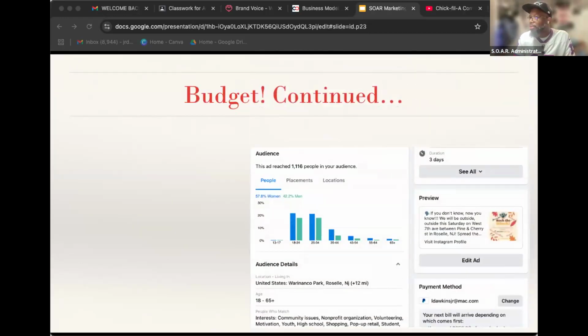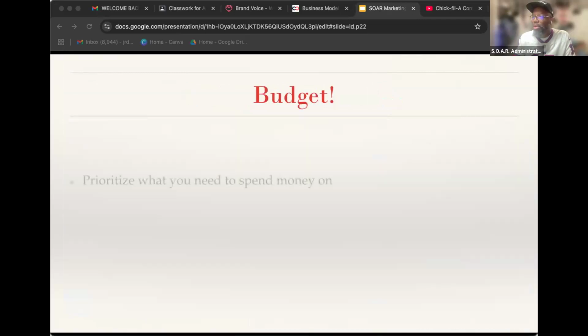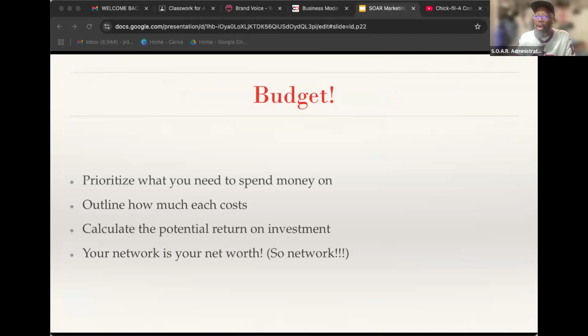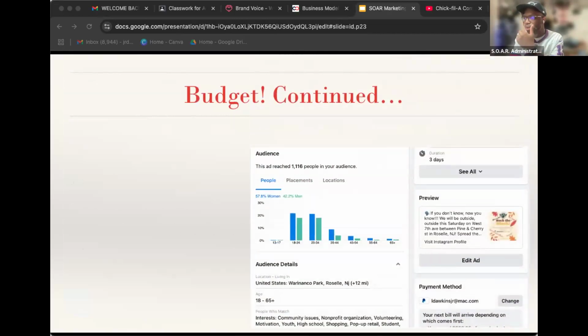All right, so I have this slide just really to walk you through what I talked about earlier about how the digital marketing stuff works. So this is just a screenshot of the output or the data from a marketing campaign that I ran for S.O.A.R. So it's telling me, I forgot how much money I put on it. I think I did like $50. We had an event coming up, Rock the Block, and I think I paid like $50 and it reached 1,116 people,